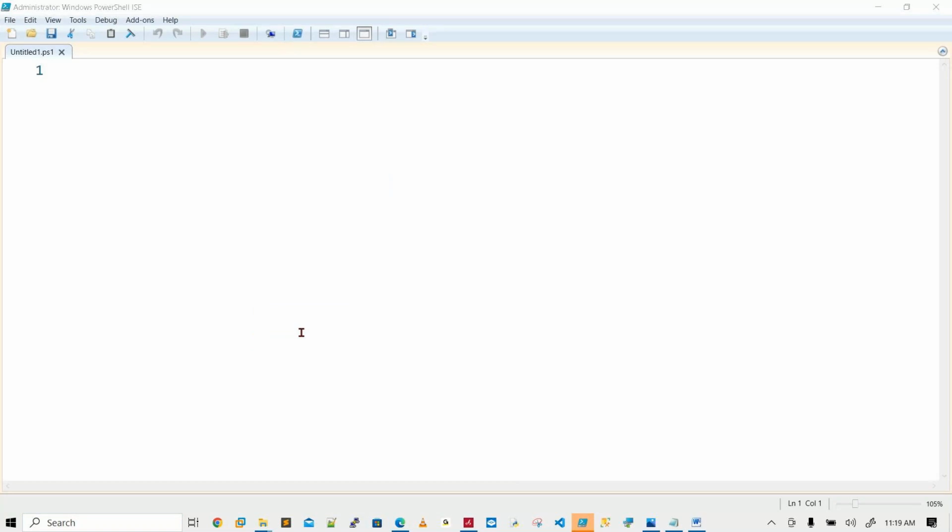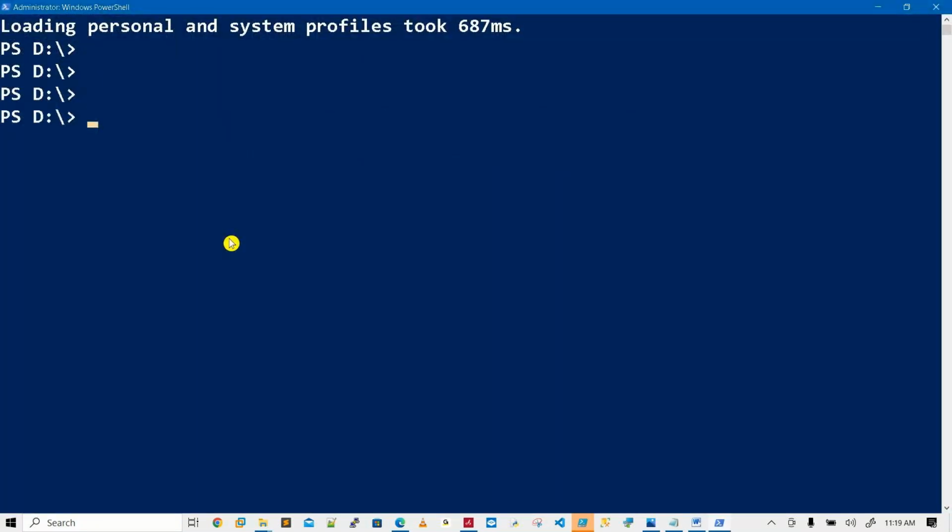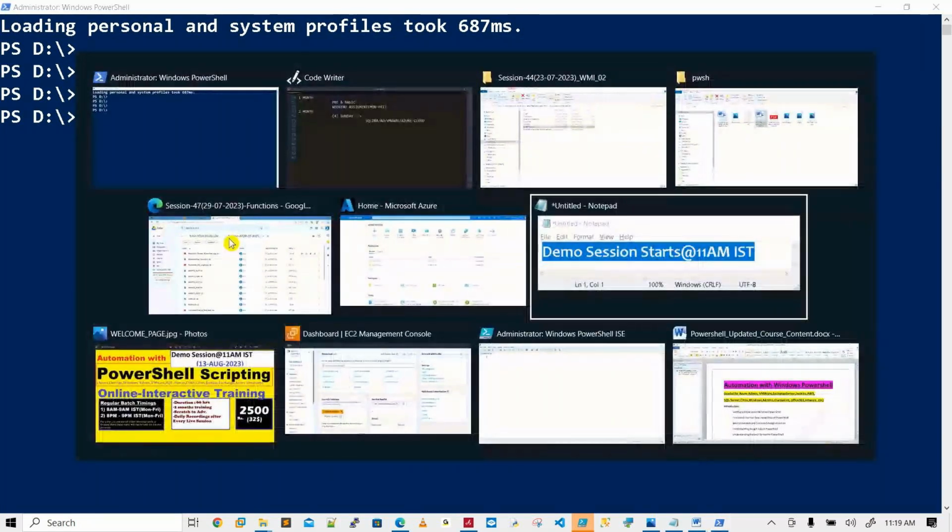Just see what things we are going to do. What is the main target, sir? The main target is that whatever you are doing in GUI mode, we have to perform the same things in CLI mode. That is the target. But we don't know anything, so how can I start? Yes, we are going to start our journey with only two commands.